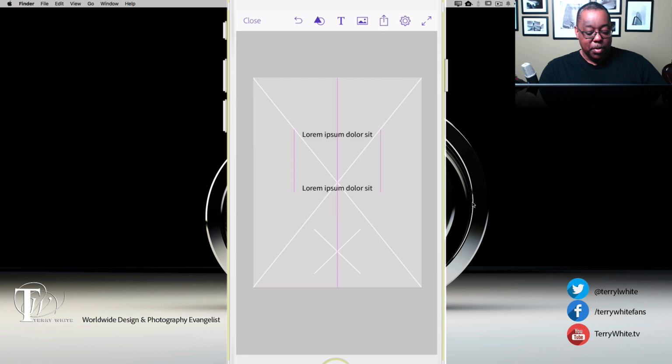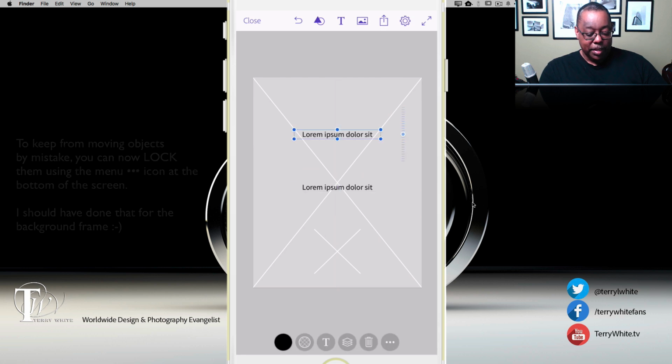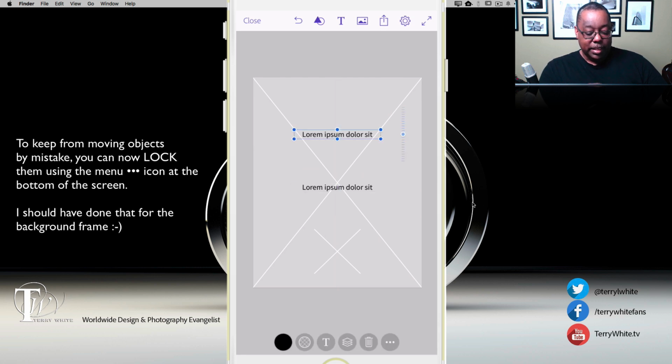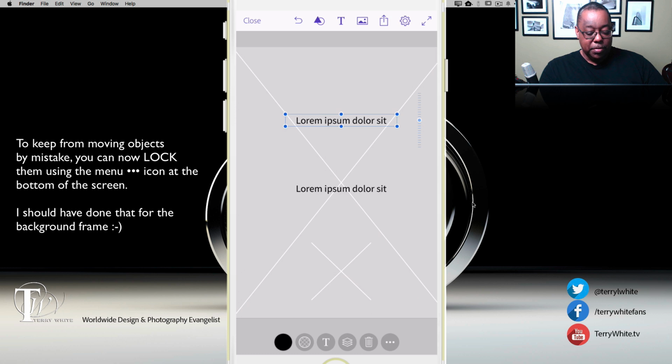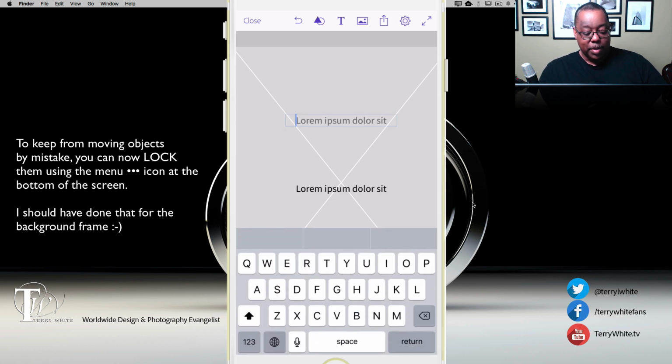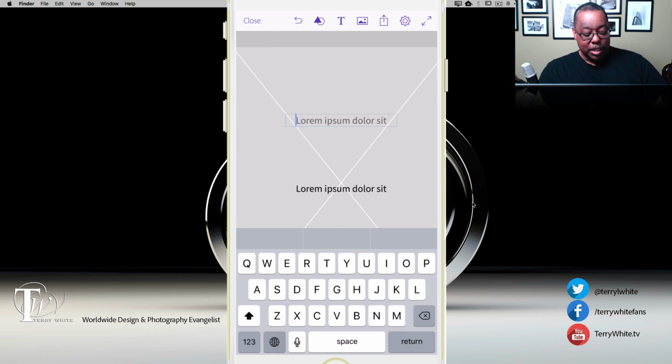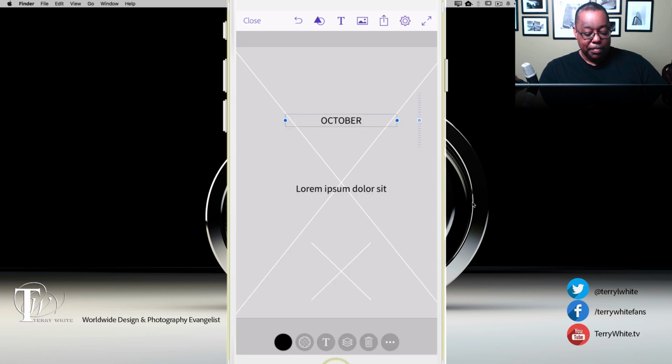All right, so now we'll pull this one down for now. I'm going to move it up later, but let's go ahead and tap into, and by the way, let's pinch and zoom this up a little bit. There we go. We can tap into this one, and if we double tap, we can get into our text. So I'm going to put my caps lock down, and we're just going to type the word October. So we'll do an autocomplete there, and then I'll tap out of it, tap it one more time,